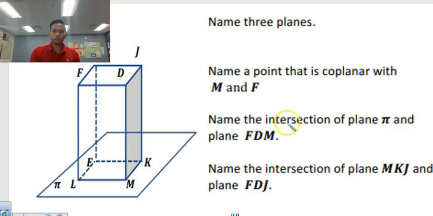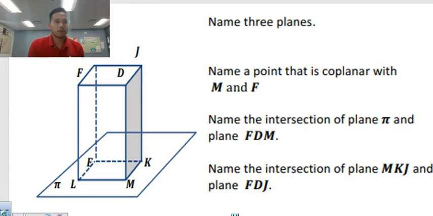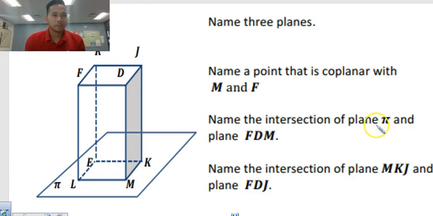There you go. So on this example that we have here, we have a three-dimensional figure. The first question there is to name three planes. Again, in naming planes, we can use three letters or four letters. The first one, I'm going to color it red. The first plane that I'll be using is